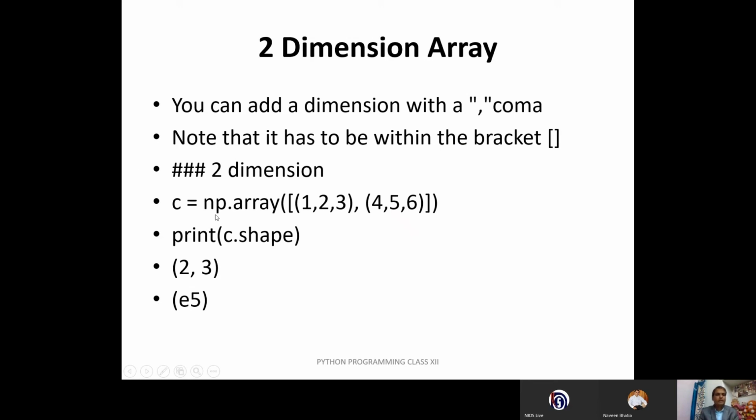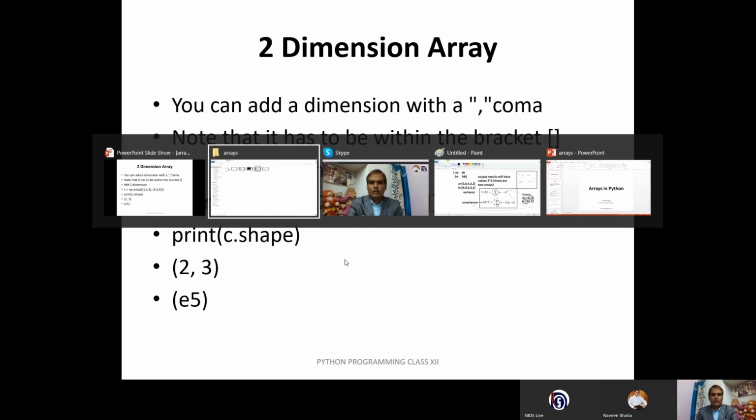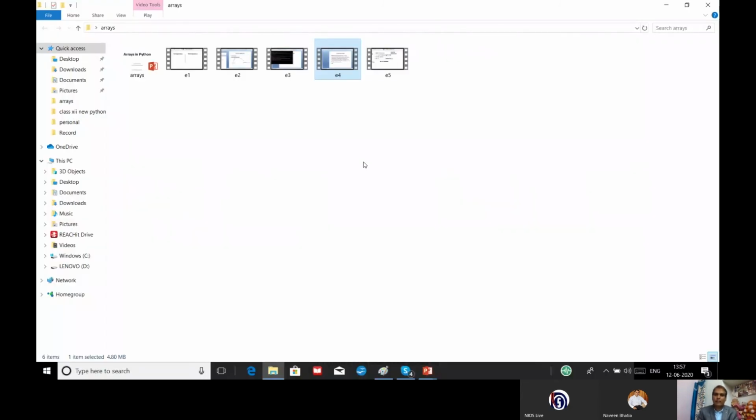See the variable np.array. This is 1. This is second. This is row number 1. This is row number 2. That's why it is called a 2-dimensional array. The moment you print the shape, you can see this is the number of rows and this is the number of columns. The 2 is the number of rows, okay, 3 is the number of columns. 1, 2, 3 will come on the downside, 1, 2, 3. So I think you understood what an array is. Let us have an example.